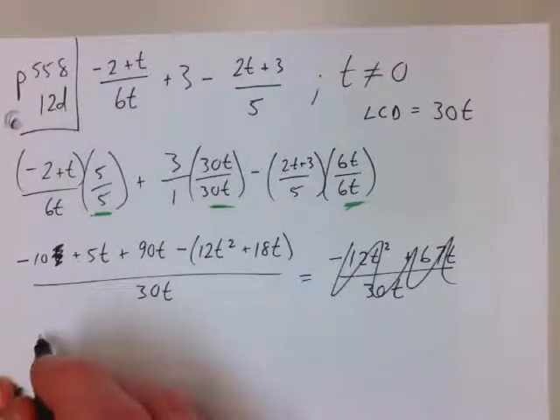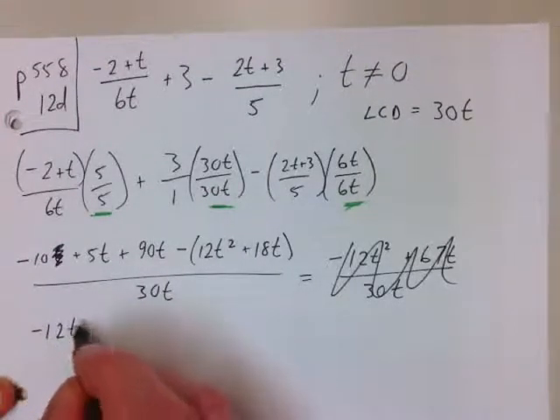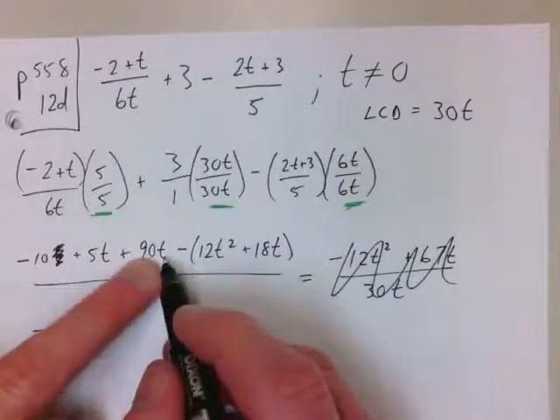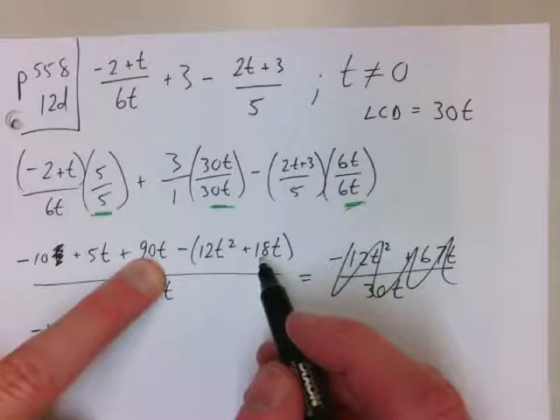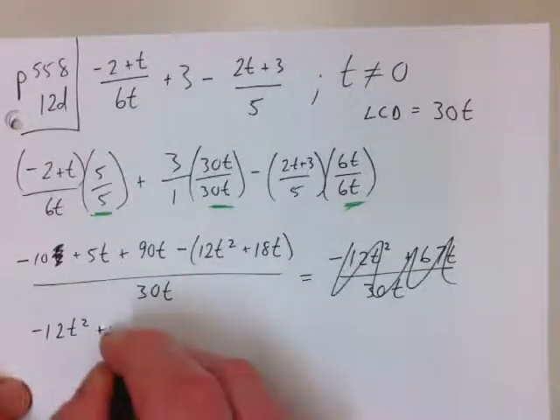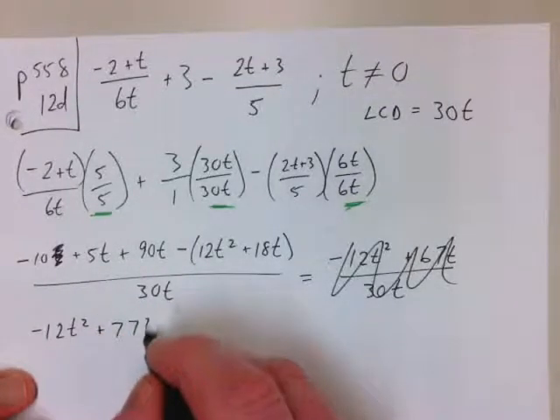Ugh, got to do this again. So it's negative 12t squared. And then this is 95 minus 18. I can't do that in my head right now. 95 minus 18, 77. So plus 77t